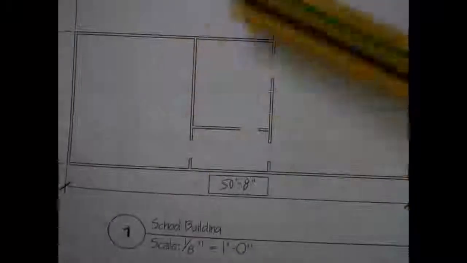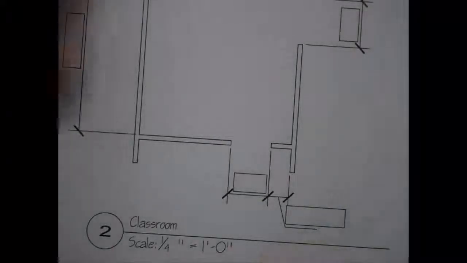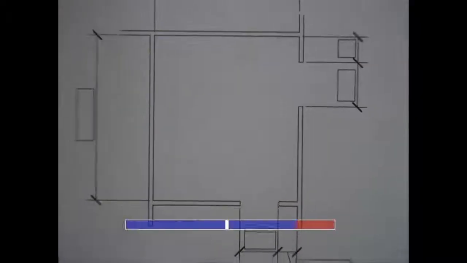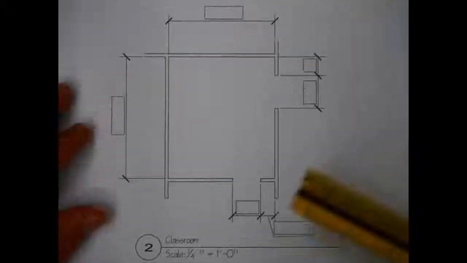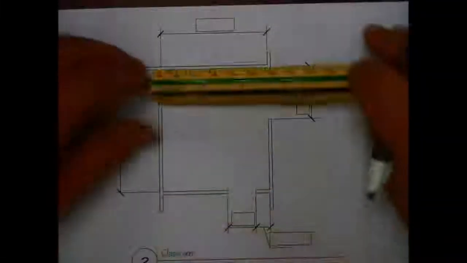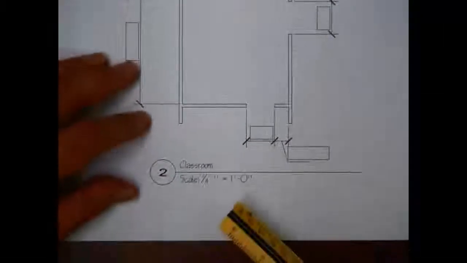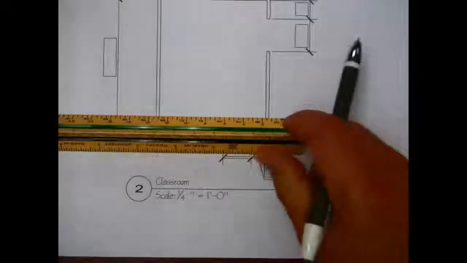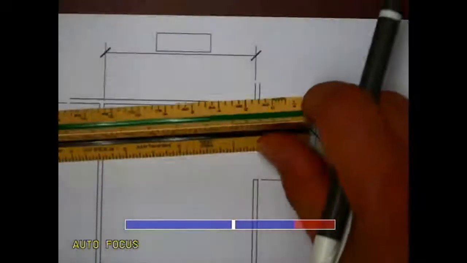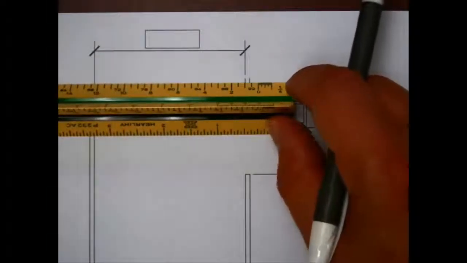So let's jump to another view. I'm going to zoom in closer to this middle area here. This classroom is in the center of this drawing. I'm going to take a couple of dimensions of this area. Now I'm at the 1/4 inch equals a foot scale, so I'm going to be measuring from the right side. If I want to know the width of this room here,